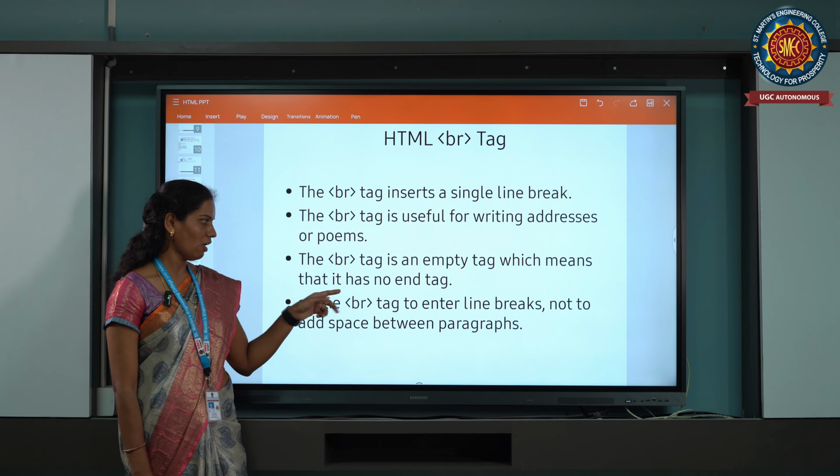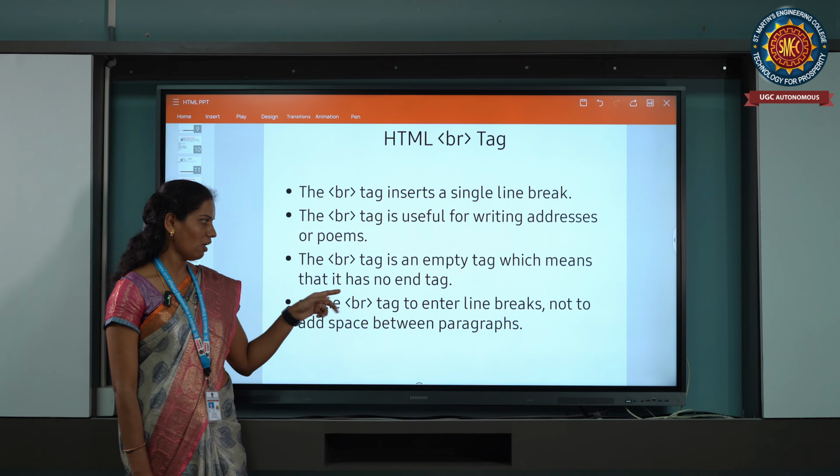And HTML lists. In HTML, lists are used to specify a list of information, all of the information which contains one or more elements. There are three different types of HTML lists: ordered list or number list, unordered list or bullet list, and description or definition list. In these three types, the first one is the ordered list. For example, numbering from 1 to 10 is an ordered list or number list. Unordered list means bullet list, which we can use in PPTs. After that, the description list.